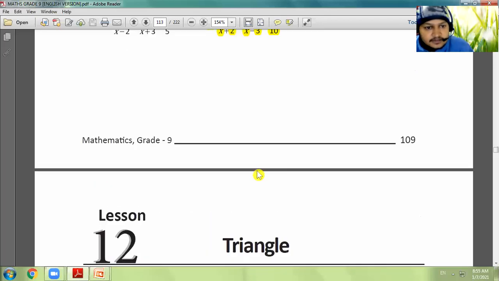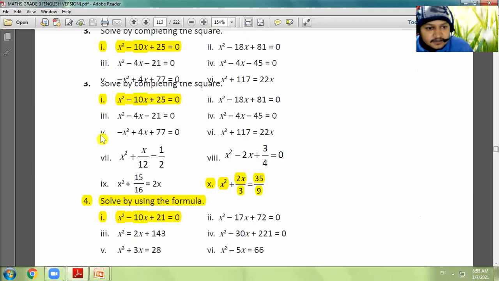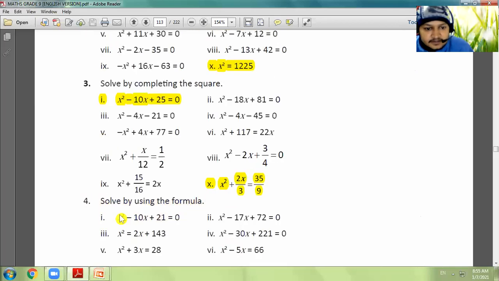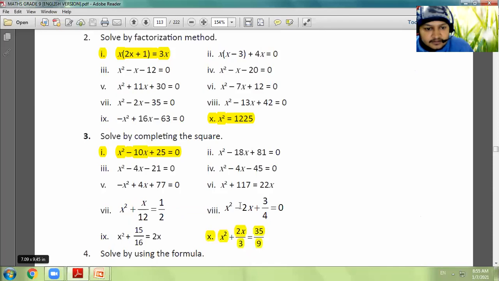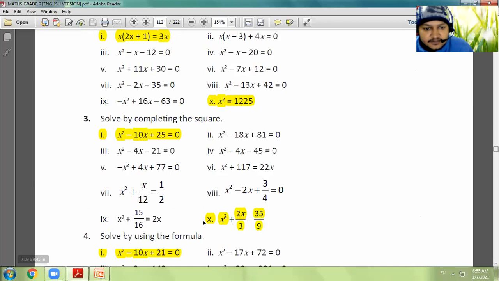Question is here only, 3, 7. Okay, use the same process as this one, the 10th number. We solved this 10th number in class, yes sir. यो पनि त्यस्तै हो. फर्स्ट मा यहाँ 12 LCM लिनु पर्यो. Okay. After taking 12 LCM, it becomes 12x square plus x divided by 12 is equal to 1 by 2. त्यसपछि 12 लाई राइट साइड तिर ल्याइदेऊ, एउटा क्वाड्रेटिक इक्वेसन बनिहाल्छ.